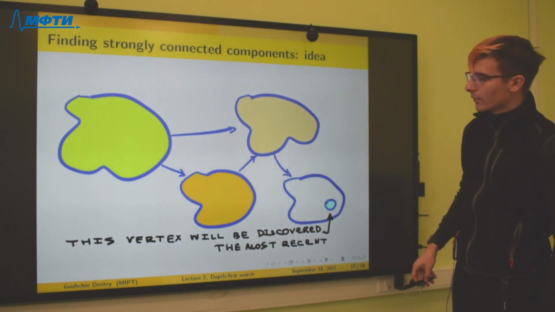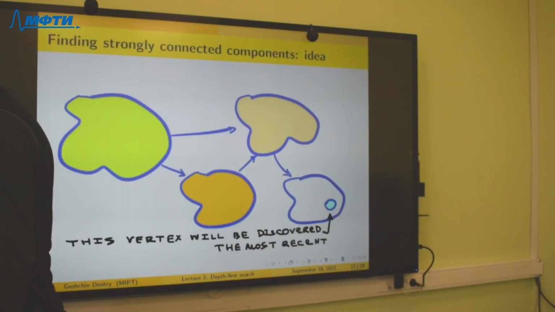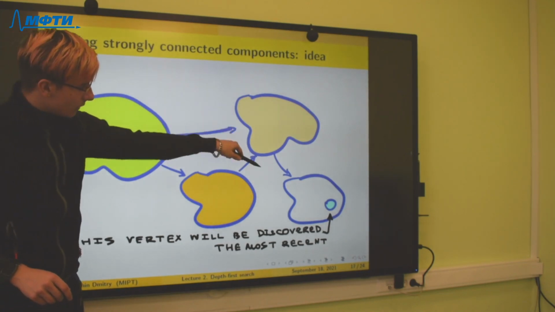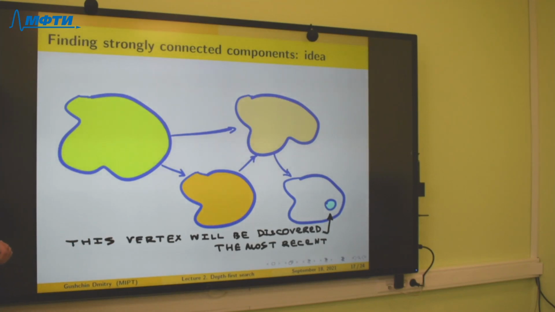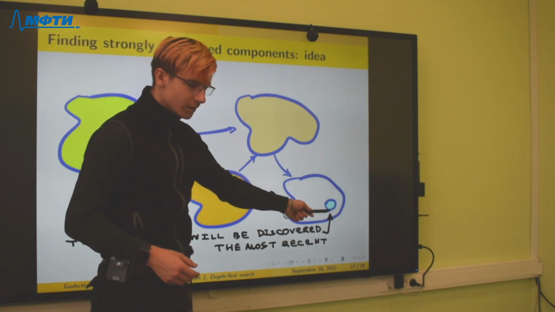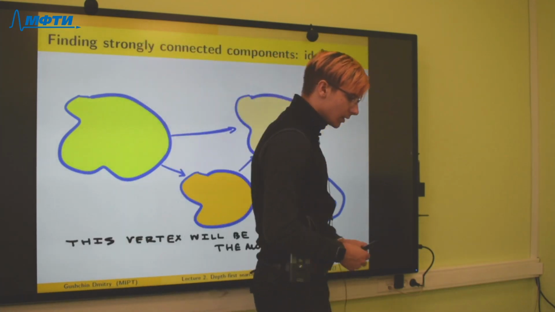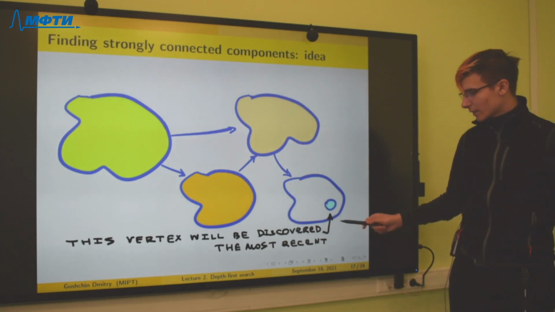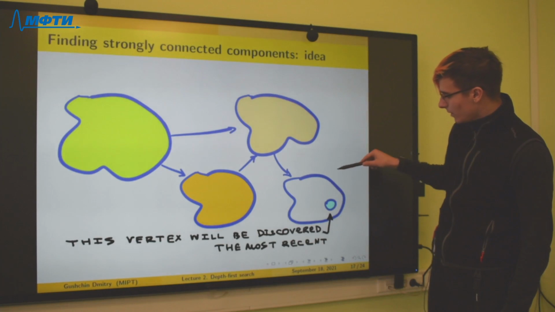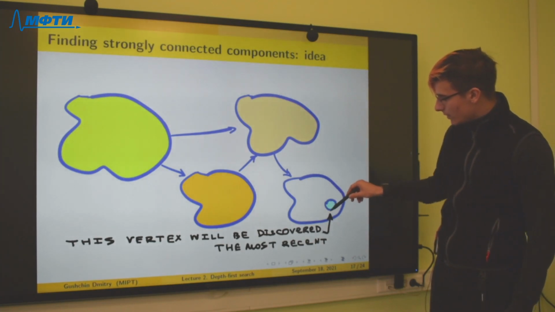If we start in one vertex in the green component and go down to other vertices as in depth first search, we reach a point that has no other unexplored adjacent vertices.